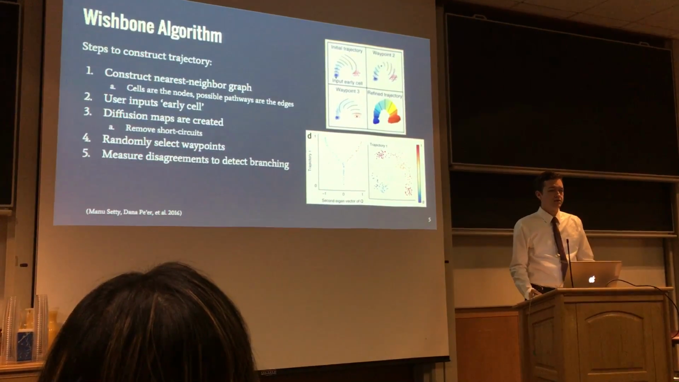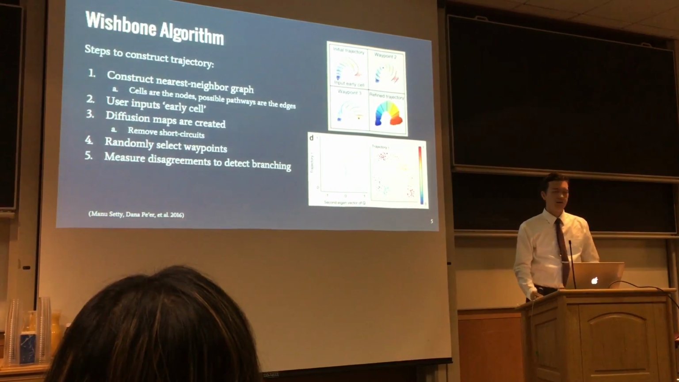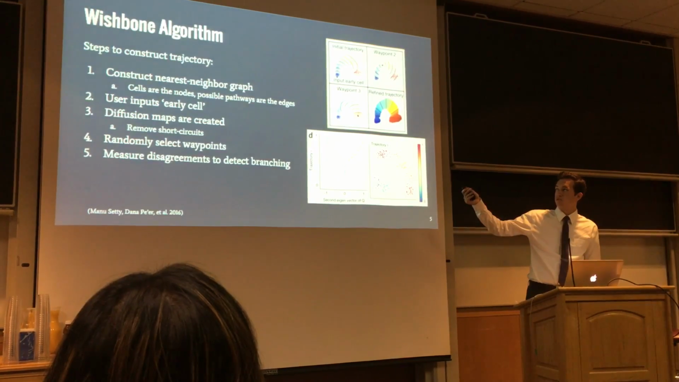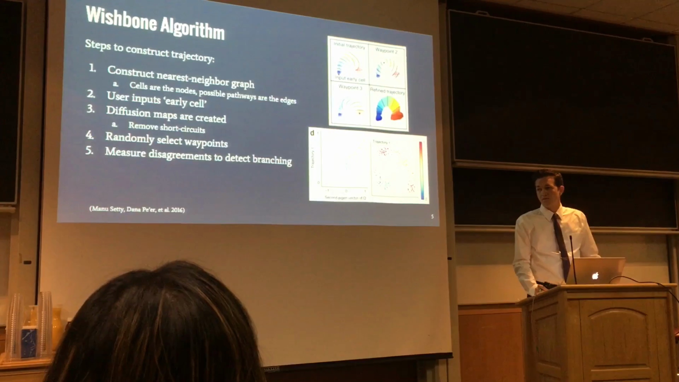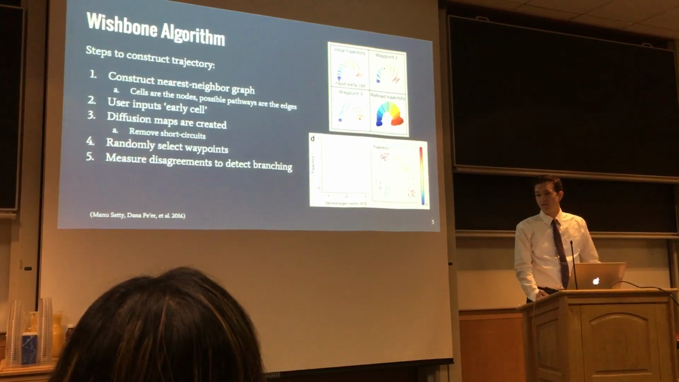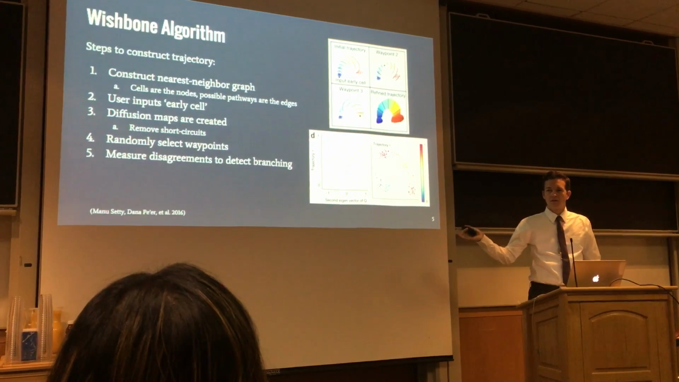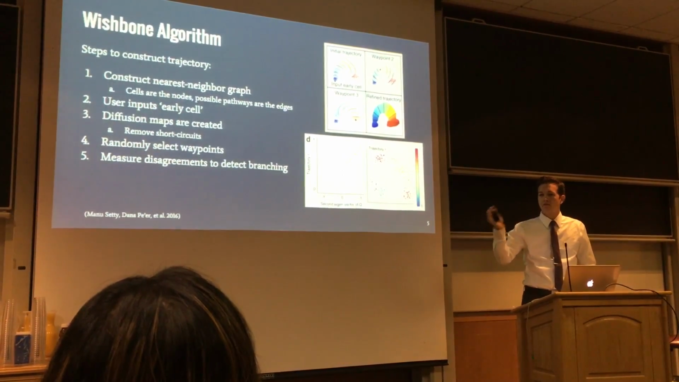And the purpose of diffusion maps is to remove short circuits in the nearest neighbor graph, so that the trajectory does not circle in one part of the trajectory but can move all the way through the data. Another purpose of the diffusion maps is to reduce the dimensions of the data. And this is important to note later on when we analyze the results, that the trajectory is constructed in low